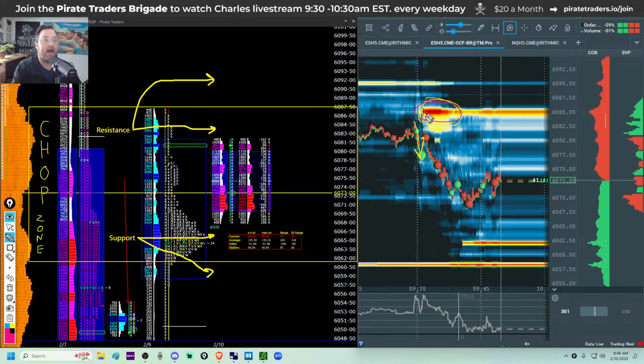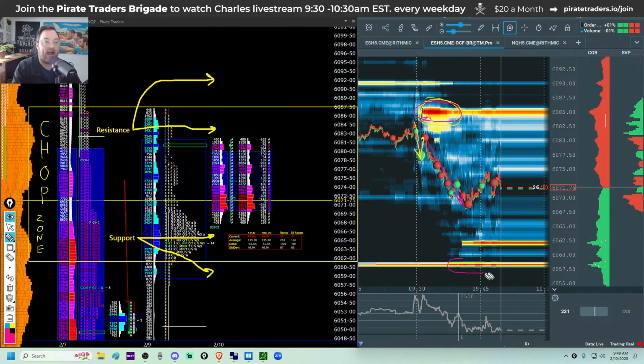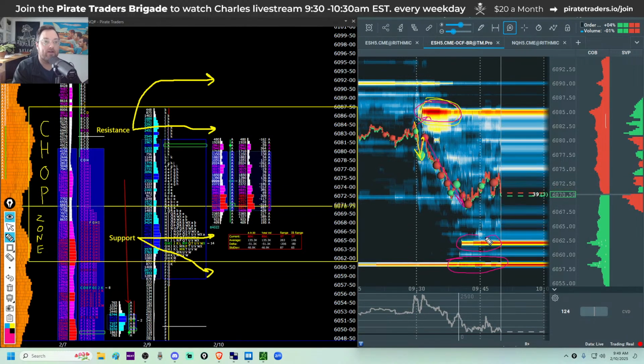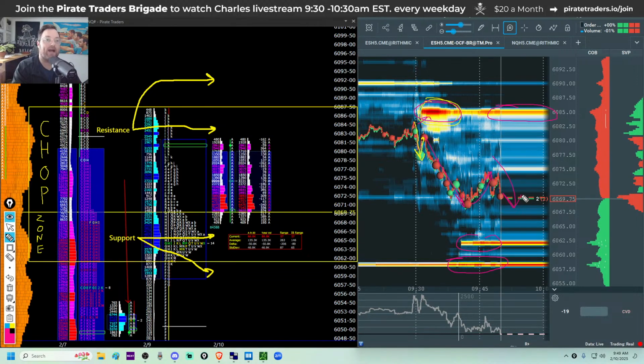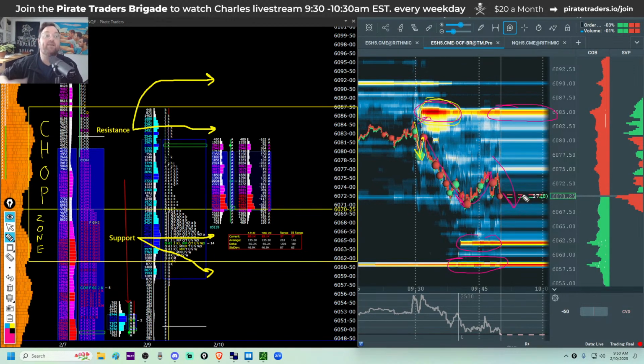Okay. What happened when they started to add that liquidity up there? It scared price away. It pushed it in the opposite direction. Then what happened? We started to add more liquidity down here. And what did that do? Scared price away in the opposite direction. Now we're adding liquidity back up over here. And what is it doing? Scaring us back down that direction. So again, you just have to observe which of these things is happening and then assume it's going to keep